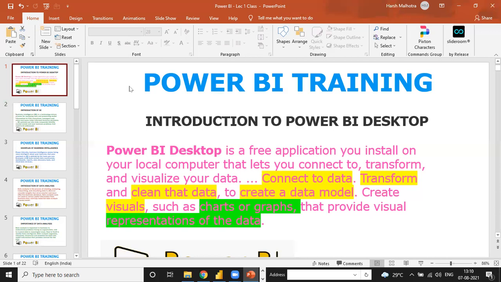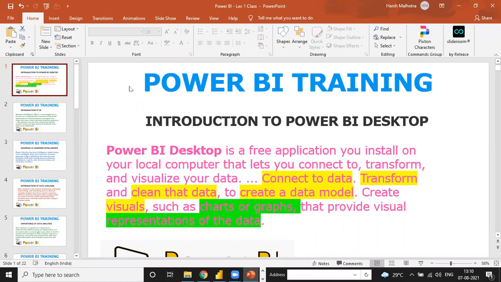He will go online and directly open Power BI Service, and with a login ID and password like Facebook, Insta, or LinkedIn, he can reach your report on the basis of what you made in Power BI Desktop.